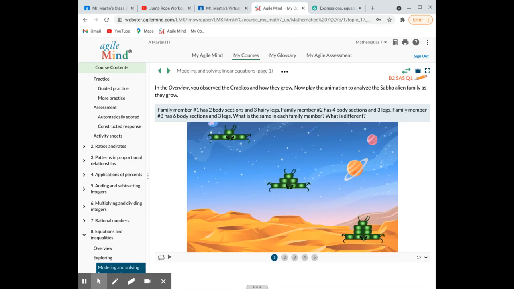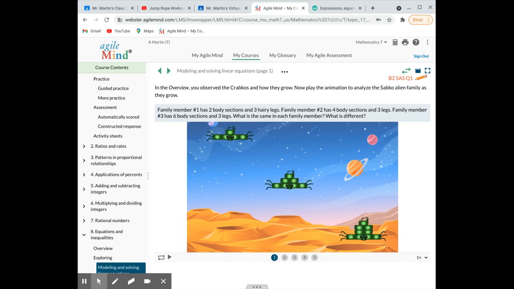Okay, so today we are in topic 8, block 2 of inequations and inequalities. We are going to be analyzing situations involving linear relationships and formulating linear equations to solve problems. We're going to solve equations in the form of px plus q equals r. And we're going to determine if a value is a solution to an equation or inequality and interpret the solution